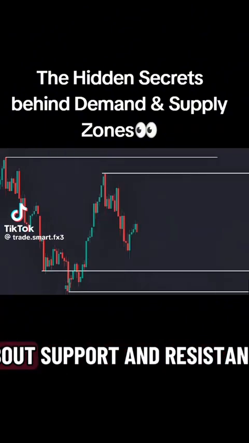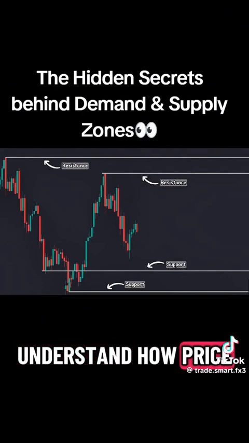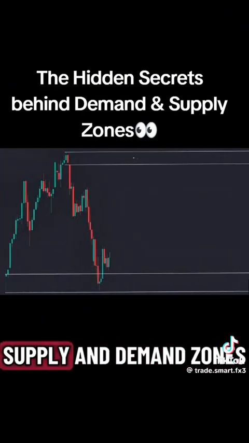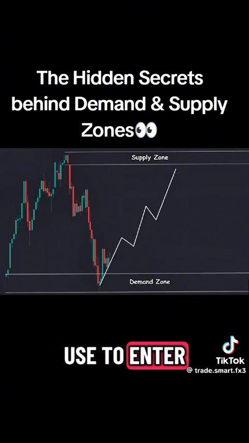Most traders talk about support and resistance. But what if I told you there's a much smarter way to understand how price really moves? I'm talking about supply and demand zones, the same zones that institutional traders use to enter and exit the market